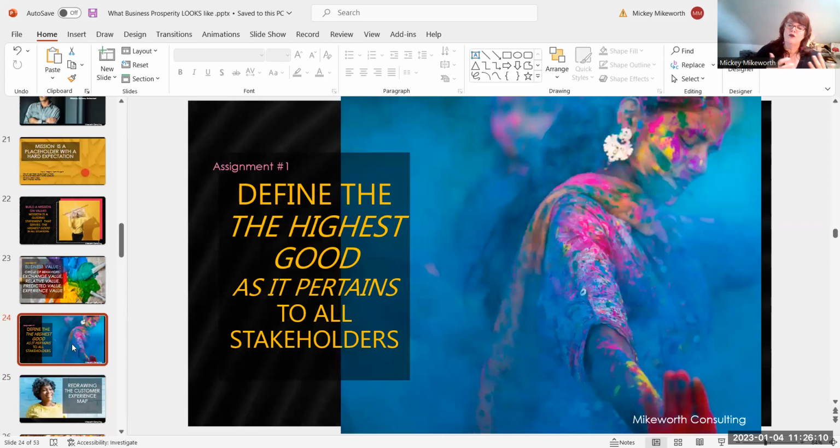So when we look at that, assignment number 1 is exactly the same way we would teach someone samba, is that we teach them samba by having them in the middle of all of this and having them close their eyes. And that we would say, look, the assignment here to build all of this prosperity in your business is to really define the highest good as it pertains to all of the people that attach to your business, all of your stakeholders. And the first place to do that is to lean back in your chair, to get really comfortable, to take a deep breath in